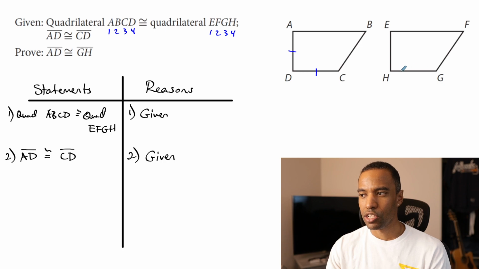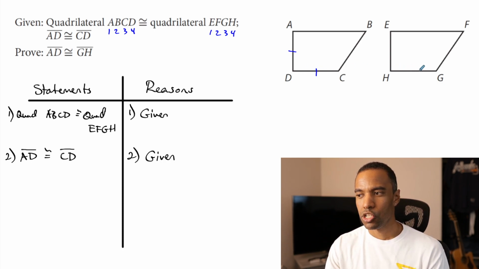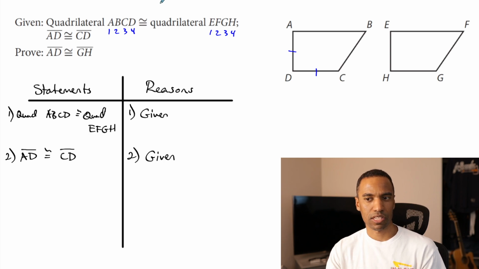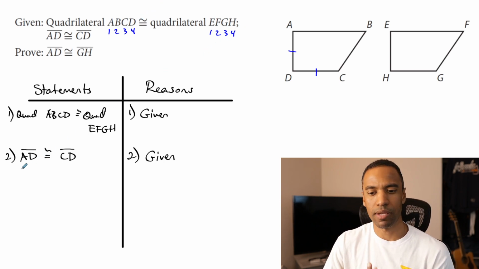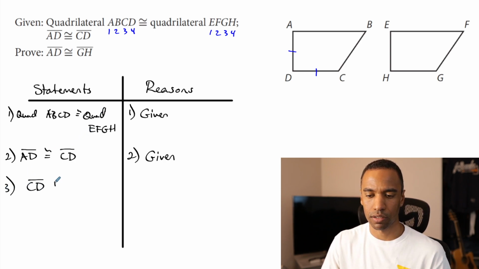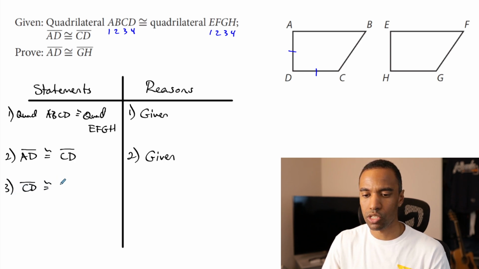Well, here's the thing. GH is on the bottom, and I did say the bottom they'll correspond. GH corresponds with CD. GH is the third and fourth letter. CD is the third and fourth letter. Maybe we can make a statement that says CD is congruent to GH because of CPCFC, right? These are congruent quadrilaterals. So if we said segment CD is congruent to segment GH by CPCFC,